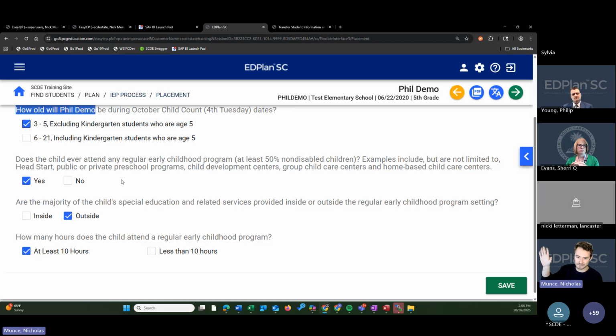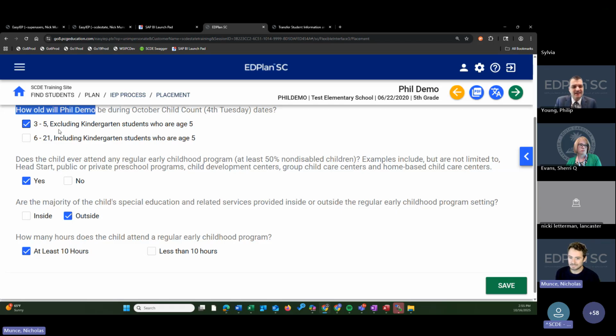but now fall has come, and the student is in kindergarten. So their grade is kindergarten, and their placement value is what I'm showing here. This says excluding kindergarten, right? So this decision might have been made in April, and this was filled out like it was true in April, but this question is asking what's true in October. So the vast majority of LRE grade mismatches you're going to be experiencing are students who are new kindergarten students this fall. Most often they still have a non-school age placement, but as of this October, the 4th Tuesday in October, they are a school age student, and that's going to throw up an error.